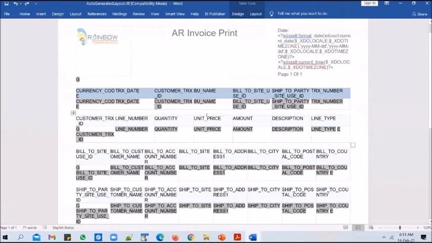For that, let's go to the first table. Let's fix one by one. Let's sort out one table at a time. If you look at the output that is generated in the RTF document, by default, it will include all the columns that you have in all the groups. We picked customer transaction ID in the header query and the lines query because we wanted to join these two queries with the help of this ID column. But the auto generation template doesn't know why you have picked that column, right? By default, it includes all the columns. So we don't need the customer transaction ID column. I will take it off. You select the column and you delete it.